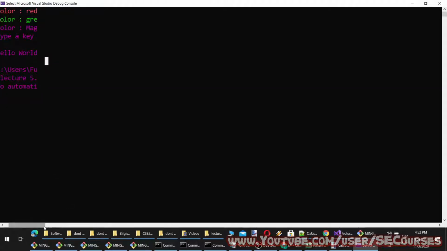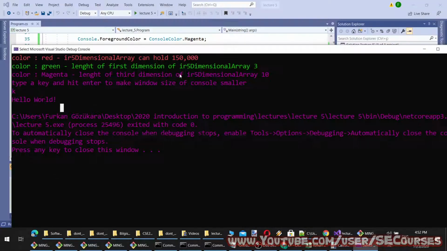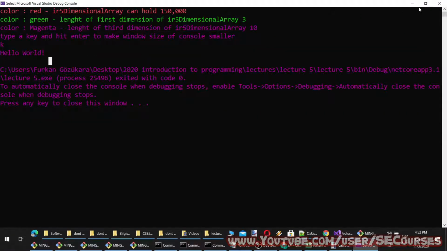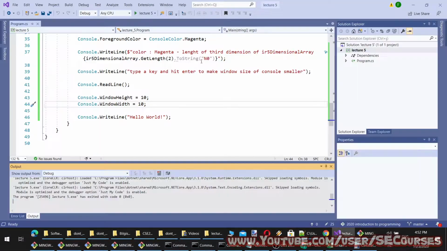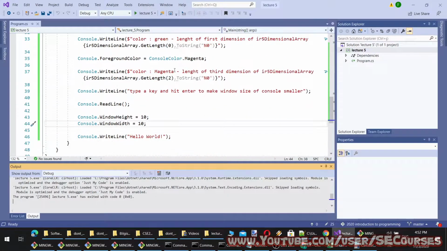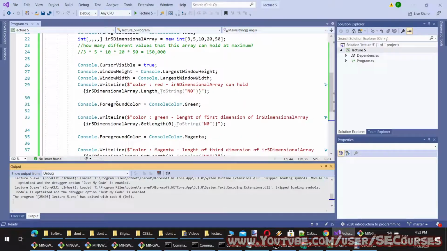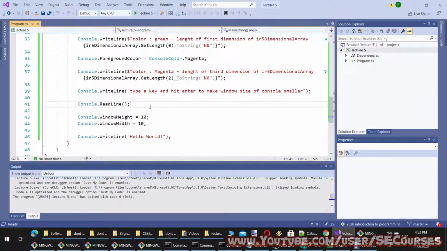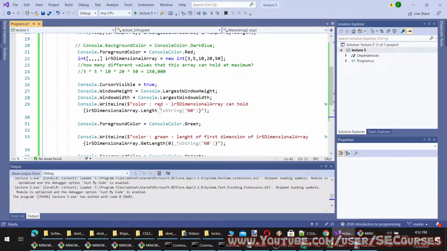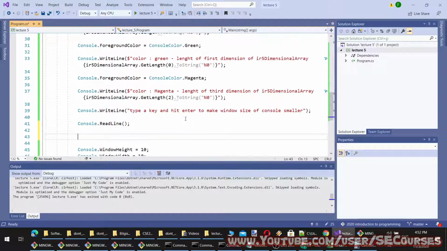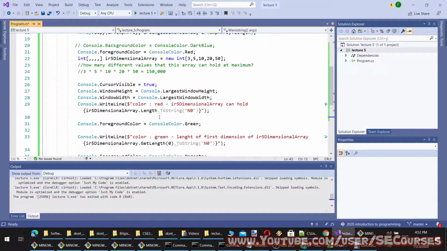So the remaining text is now invisible. Okay, when I resize it, it becomes default. To make it more understandable, first I am going to set it to 100.